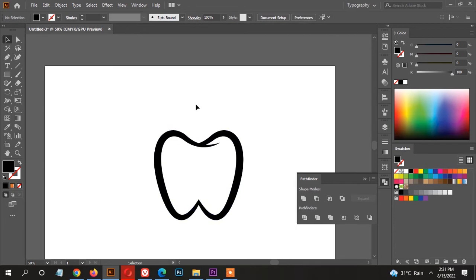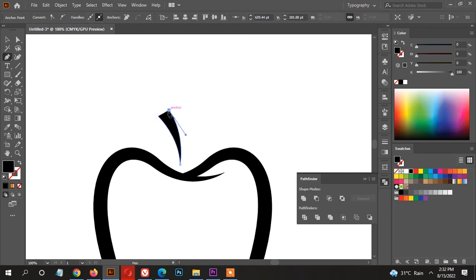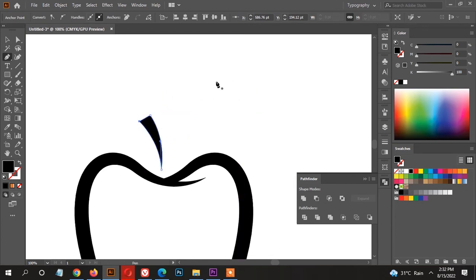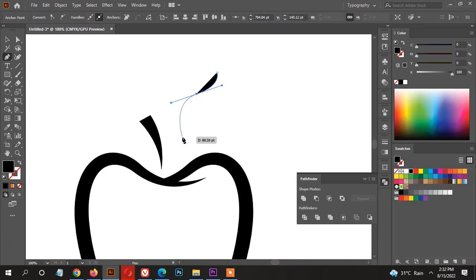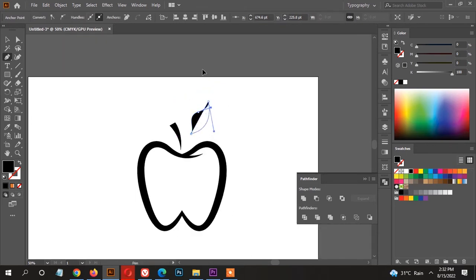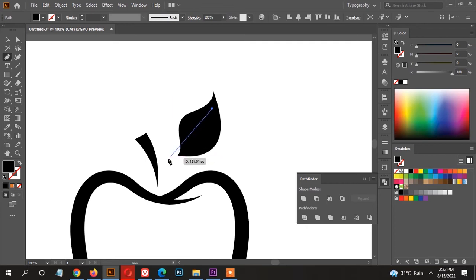Now we have to create a leaf, so I'm going to choose the Pen tool and now draw something like this. Okay, now I'm going to create a leaf. Click here and here, and now click here and close this shape. Okay, now I'm creating